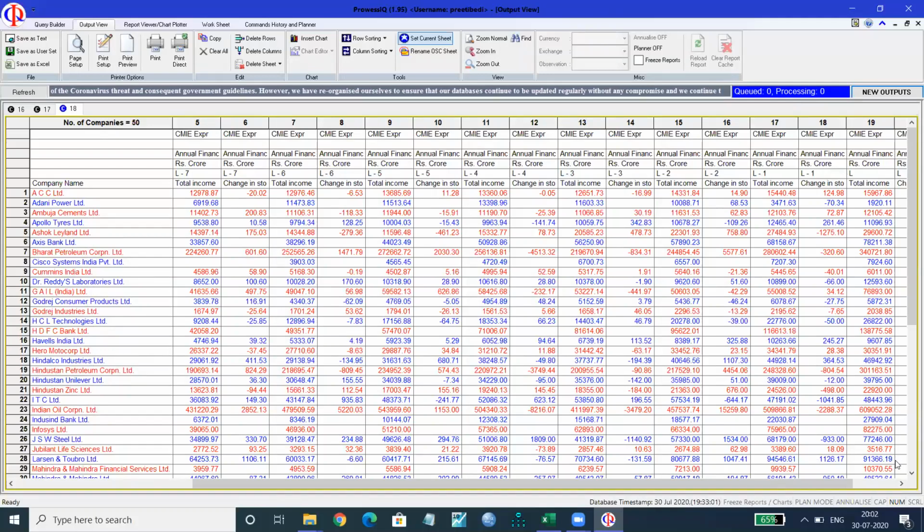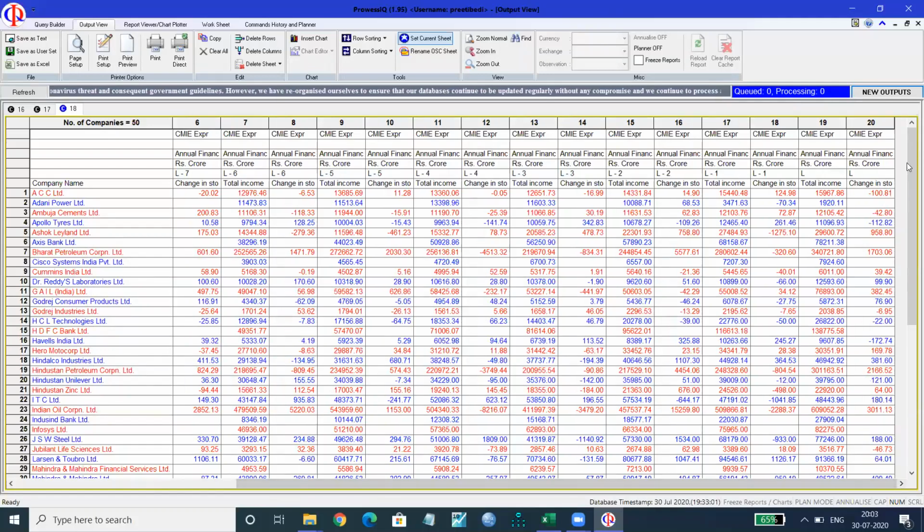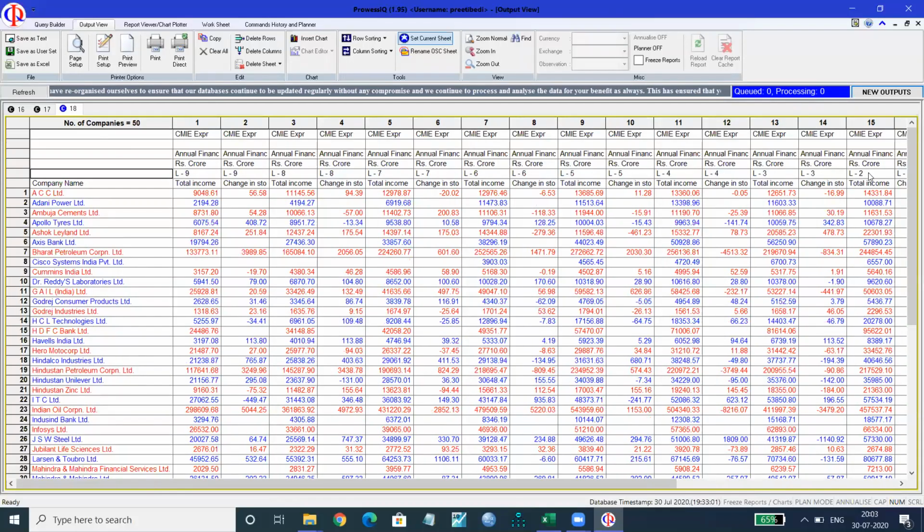Now if you will go here, that is L. L ka matlab yahan par kya hai? L means current year. L minus 1 means previous year. Previous 2 year, previous 3 year, previous 4 year, previous 7th year, previous 9th year. That means yahan par L minus 9 ka matlab kya hai? Previous 10th year ka data. That is L matlab current year, minus 9 ka matlab yeh hai ki aapka 10th year ka data hai. Mujhe 10 years ka data yahan par mil gaya hai. Theek hai, as you can see.